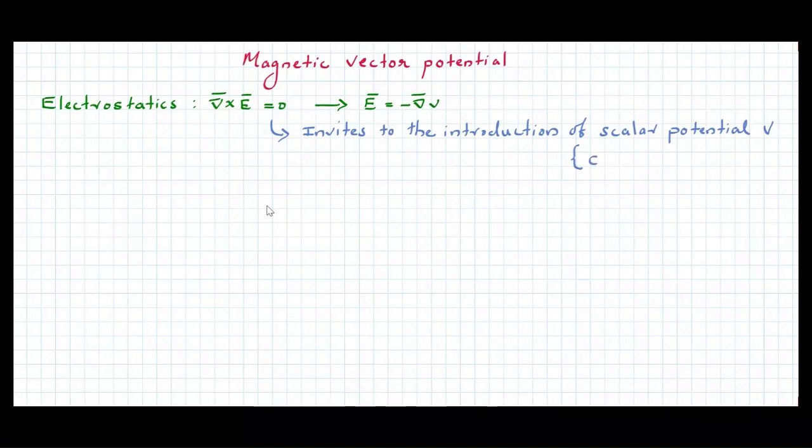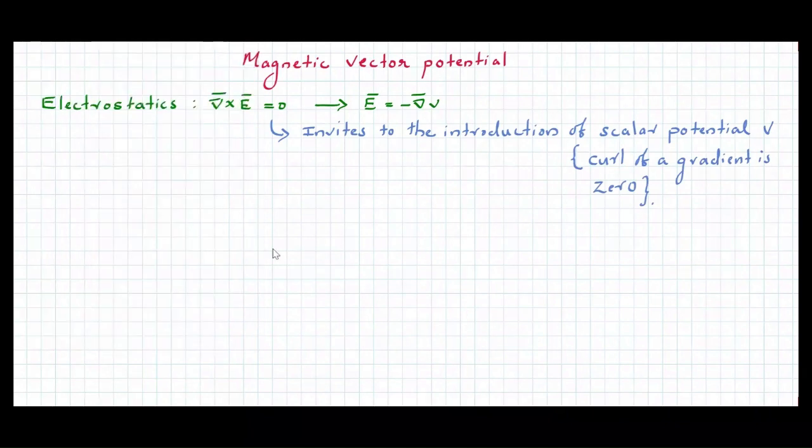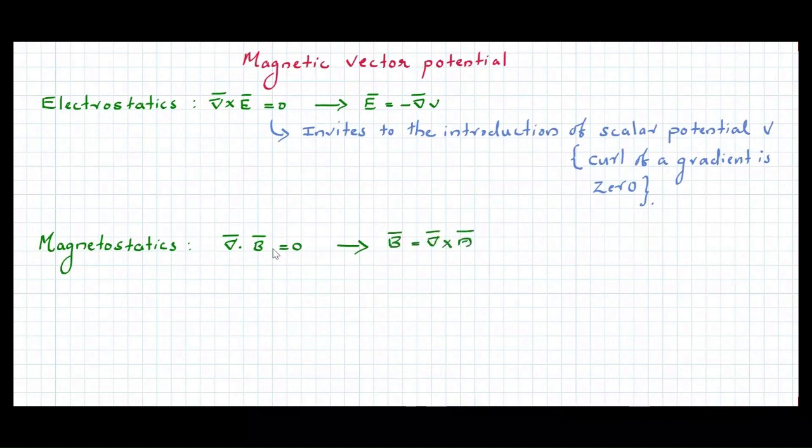Del cross E equal to 0 invites the introduction of a scalar potential V in electrostatics. Mathematically, it is true because the curl of a gradient is 0. So we can write E is equal to the gradient of a scalar potential. In magnetostatics, we have a similar equation, that is del dot B is equal to 0. Del dot B is equal to 0 invites the introduction of a vector potential A in magnetostatics, that is B